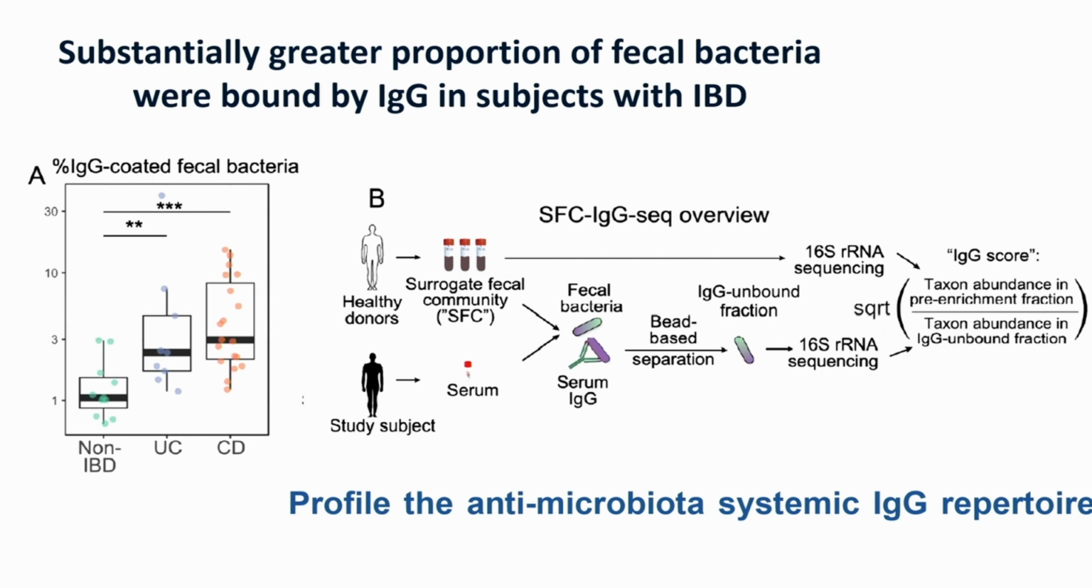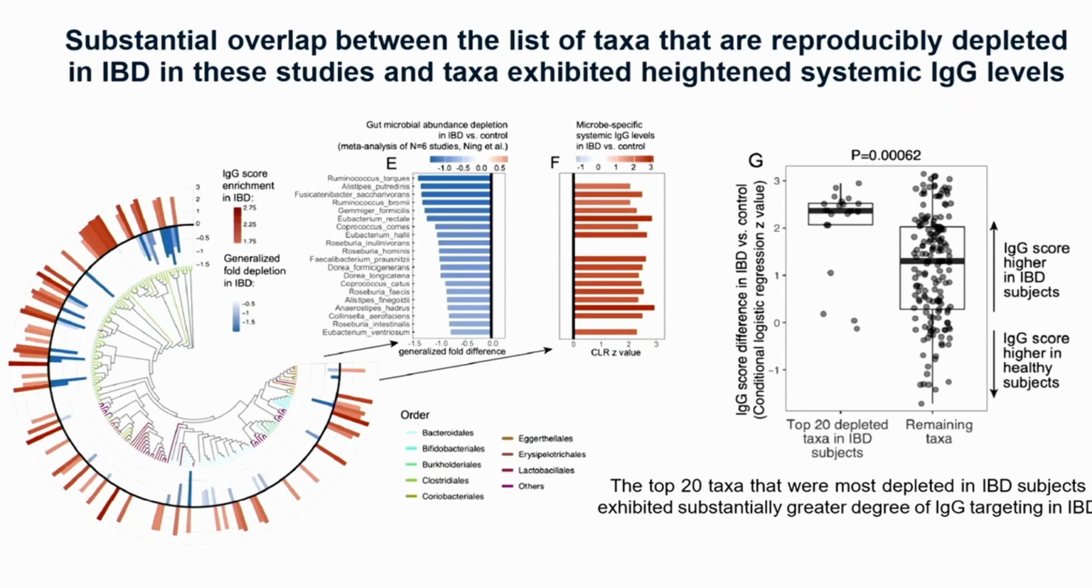Based on that, we're using a healthy donor surrogate fecal community, mixing it with samples from patients, and seeing whether some bacteria are coated with IgG because of the disease condition. Then we can develop an IgG score based on this. This is just a very brief introductory slide. When we compare the fecal community with the IgG score, the blue and red colors indicate that many bacterial deficiencies are highly correlated with IgG